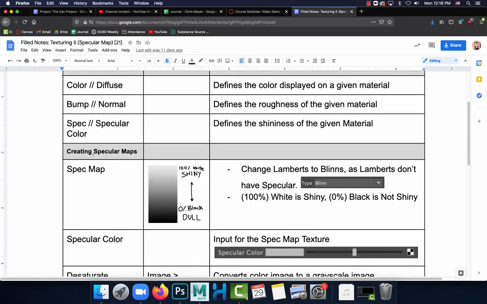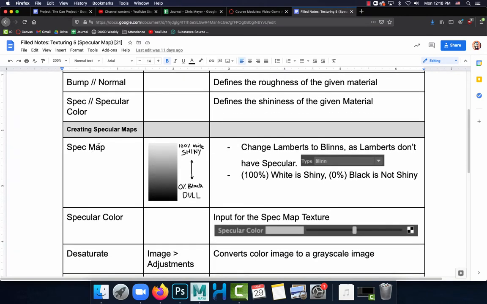specular color map. And unlike our bump map, we do use our black and white scale, but we start at 0 and go towards 100 fully, as opposed to with our bump maps we started at 50% and worked our way up and down from white to black. Alright, so we're going to make a specular map today, which again starts at black and then works its way up to fully